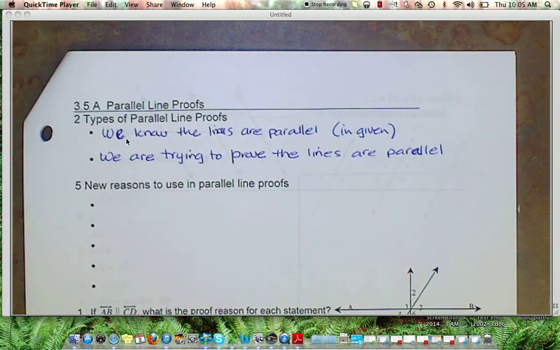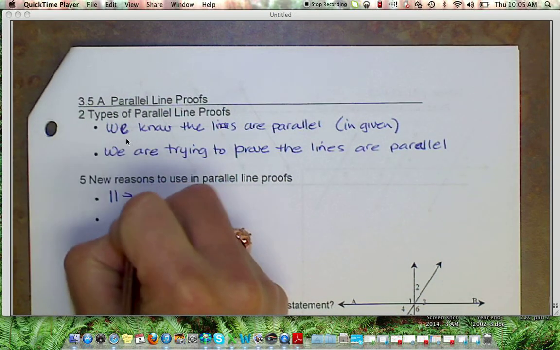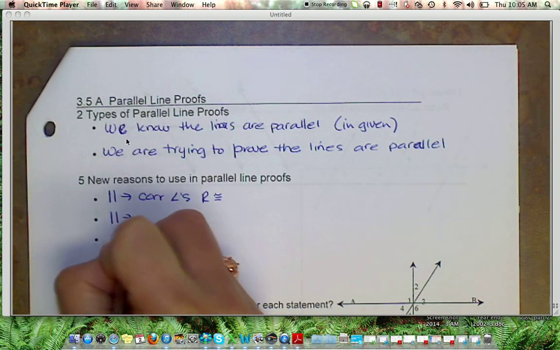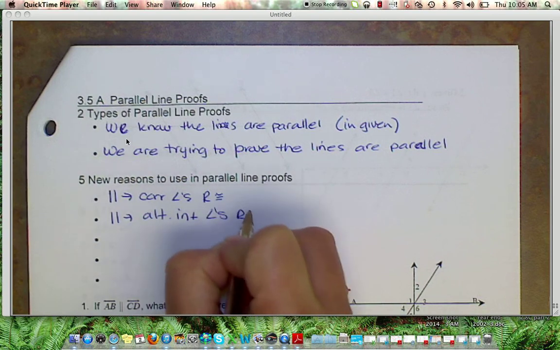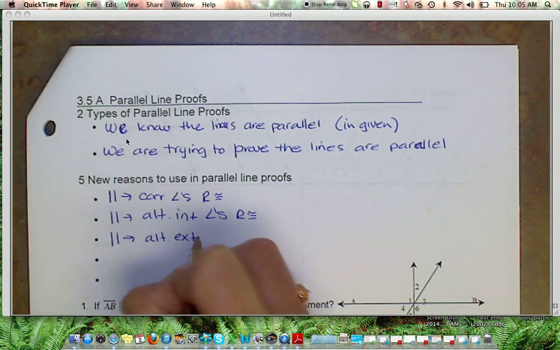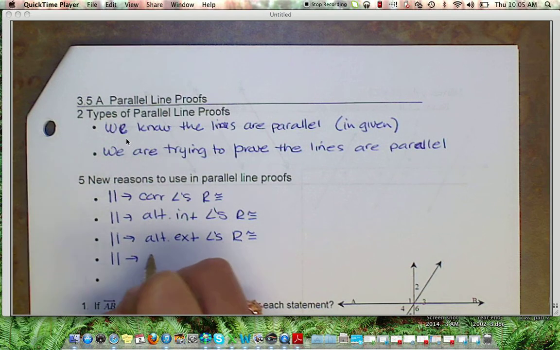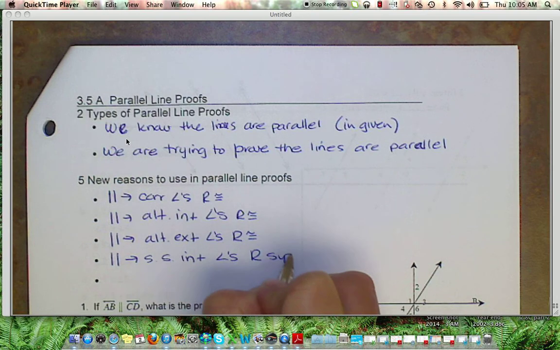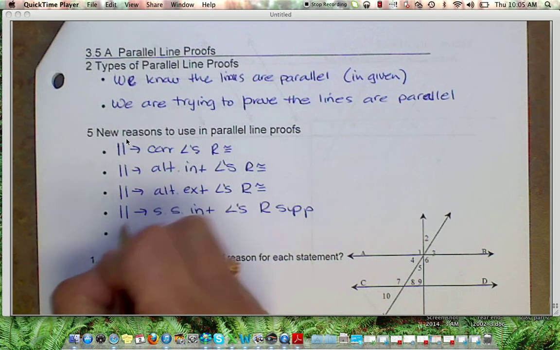So there are 5 new reasons that we can use in parallel line proofs. The first one is if the lines are parallel, then corresponding angles are congruent. If the lines are parallel, then alternate interior angles are congruent. If the lines are parallel, then alternate exterior angles are congruent. If the lines are parallel, then same side interior angles are supplementary. And then the other new one that we will eventually talk about is called parallel